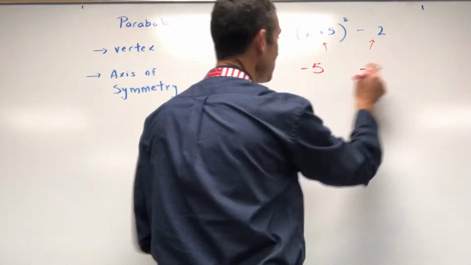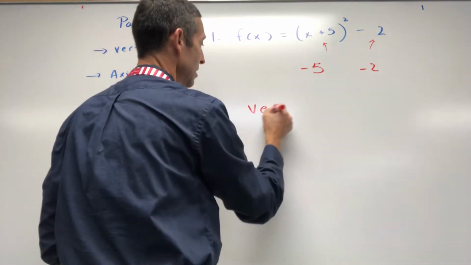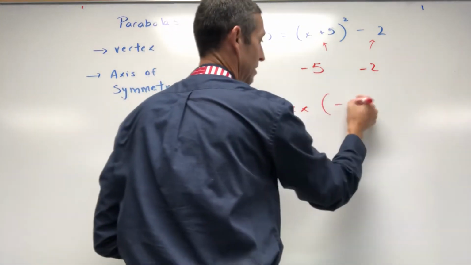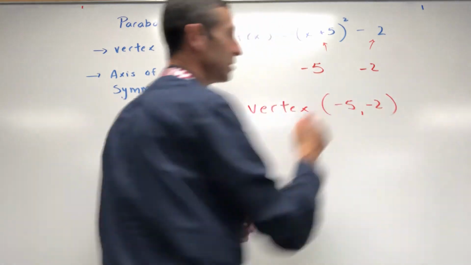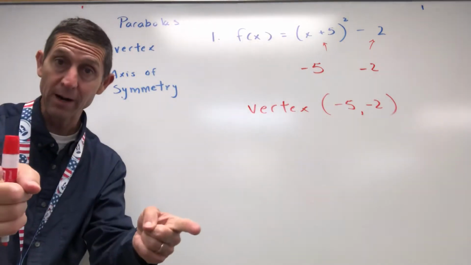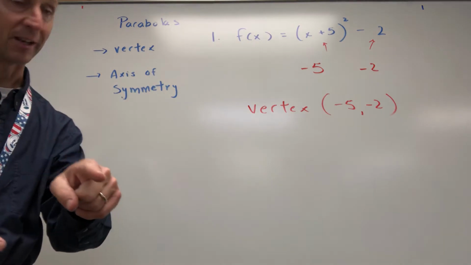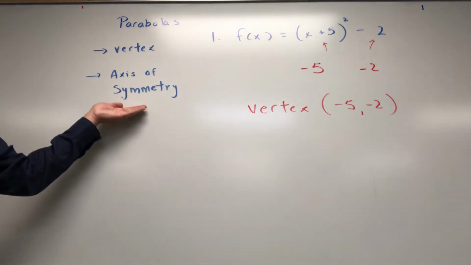So these two numbers right here make up your vertex point for your parabola. That's finding the vertex. The other thing you have to find is a cool line that splits your vertex, the